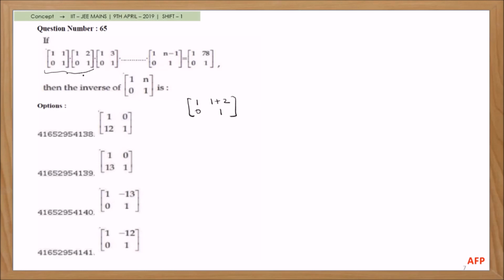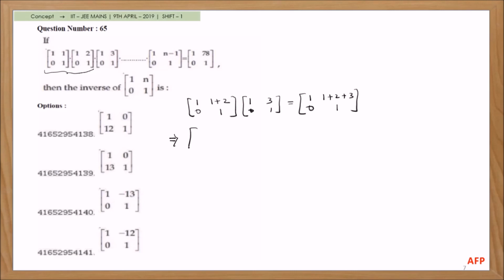When you multiply this with the third matrix, 1 3 0 1, what answer are you getting? 1 plus 0, next 3 plus 3 you got, 0 plus 0 you got, 0 plus 1 you got. So this is how you multiply. 3 times you are getting 1 2 3. When you multiply 2 times, 1 plus 2 you are getting. When you multiply 3 matrices, 1 plus 2 plus 3 you are getting. And so on, if you multiply all n, what result are you going to get?